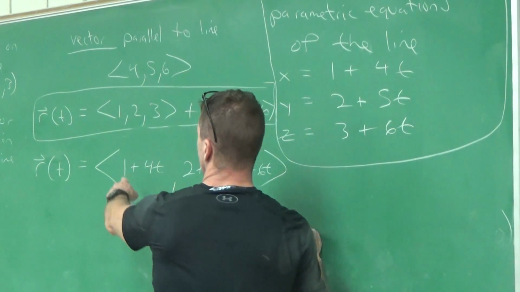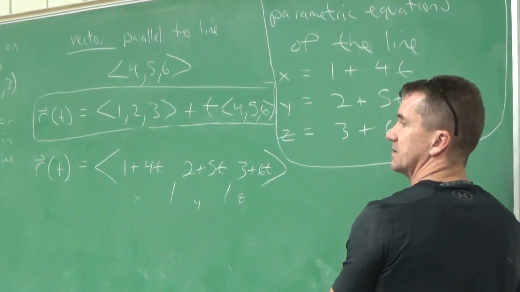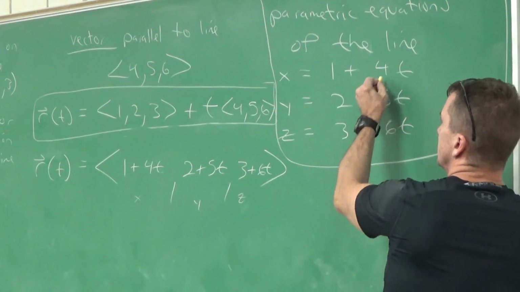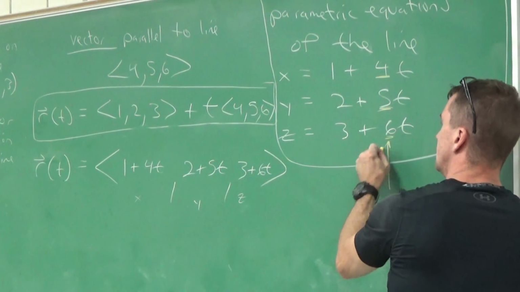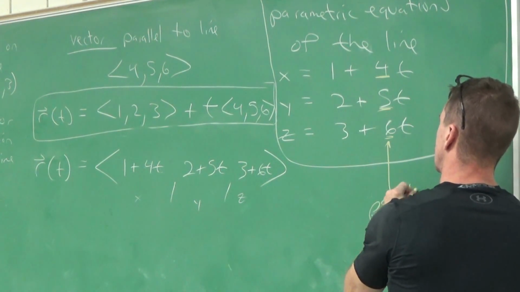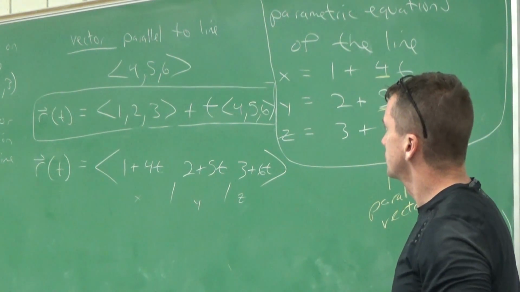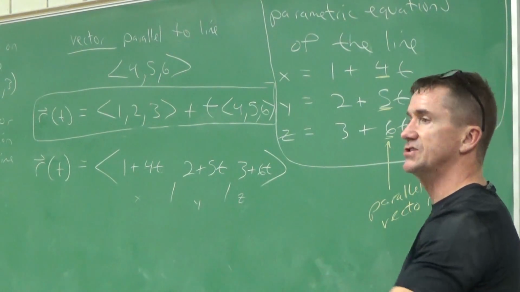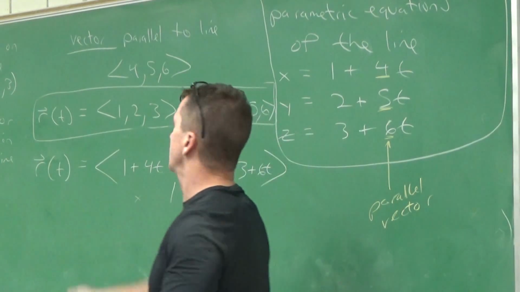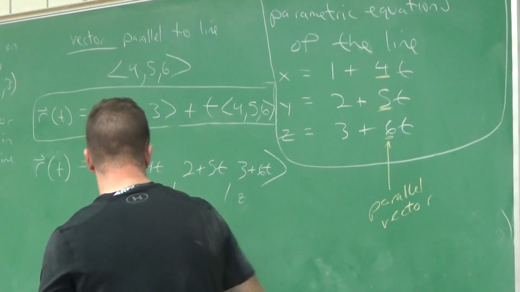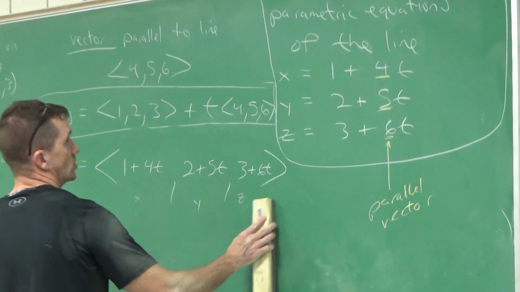Most importantly, hidden in here, where are the components that made the parallel vector? I wanted to make sure you know where that was. Those are the numbers in front of the parameter t. That's the parallel vector. You also said that on the question, which are the parallel. That's right. In this problem, they just gave it to you. So it's like, man, this one was easy. They gave us the parallel vector. They gave us the point on the line. So let's go to another problem. And when you can write it as a vector, or you can write the parametric equations of a line.